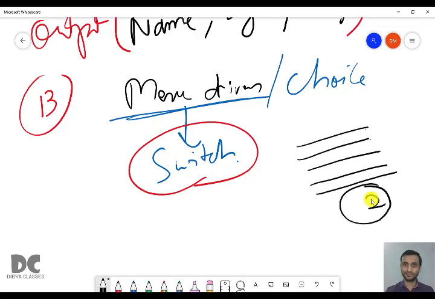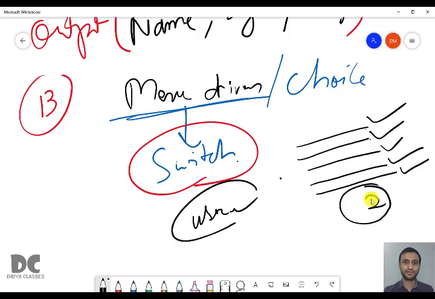So you have to take two numbers, and either add, subtract, multiply, divide, or do modular division according to the user's choice. So the user will tell if he wants to add or subtract or multiply or divide or do modular division. These types of programs are known as menu driven programs.